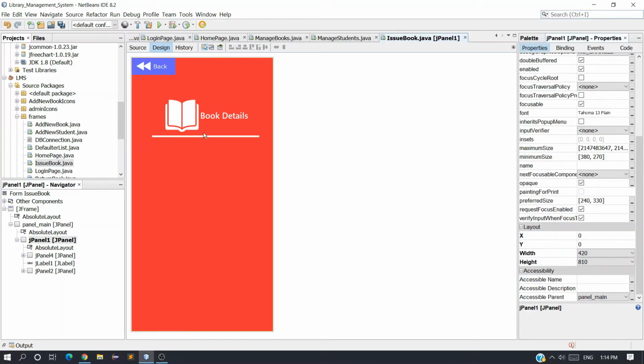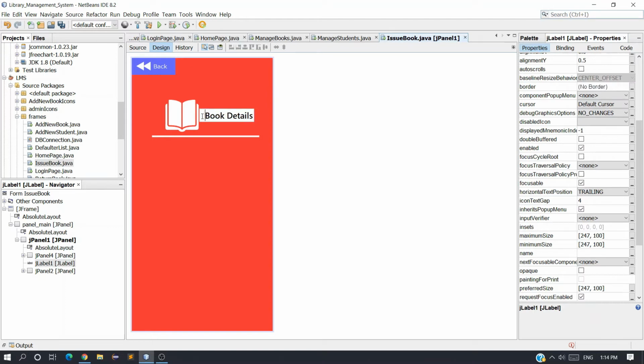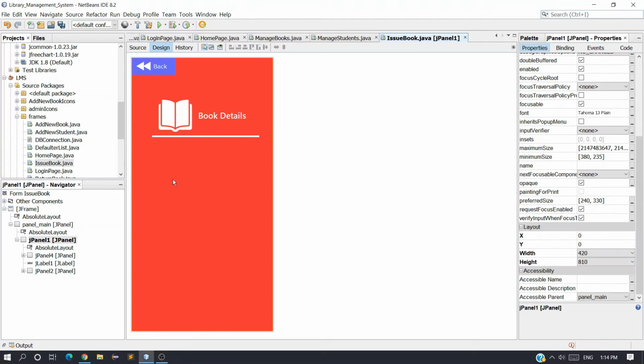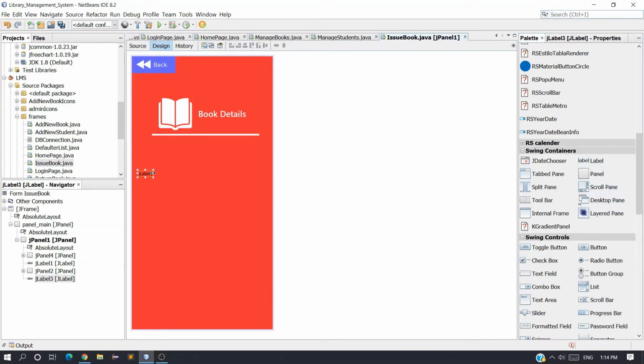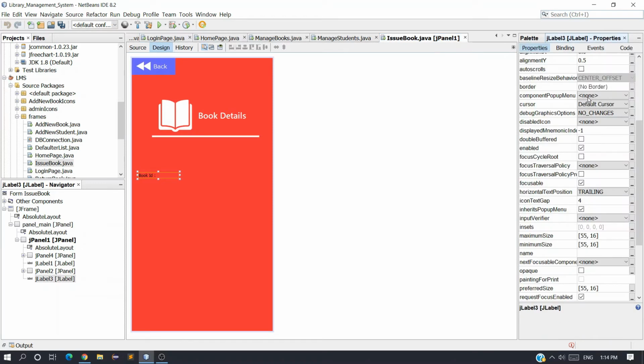Okay, just give some space. Perfect. And now just take a label here, and inside enter book ID and font.